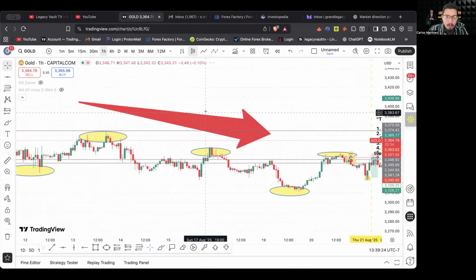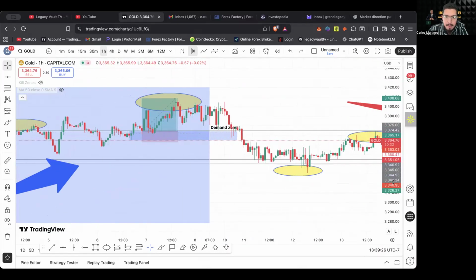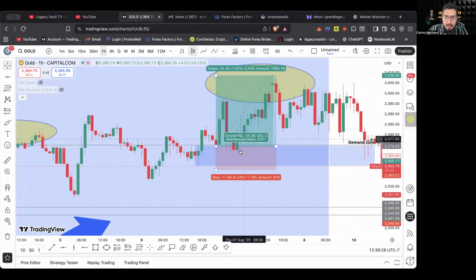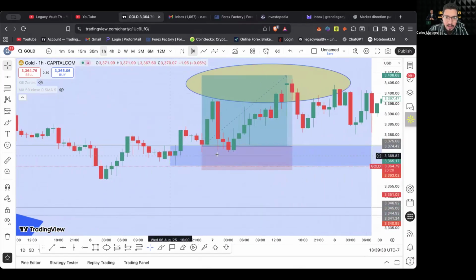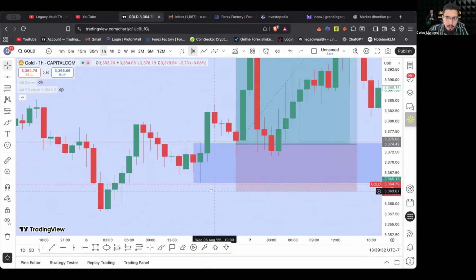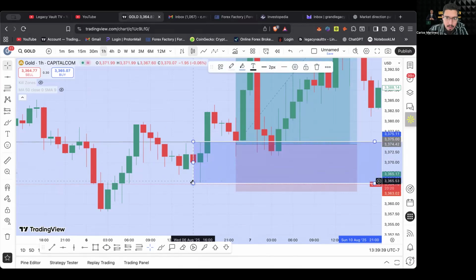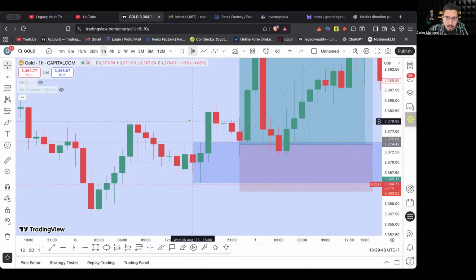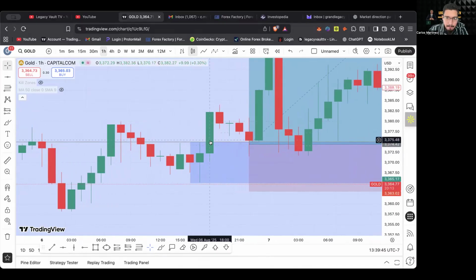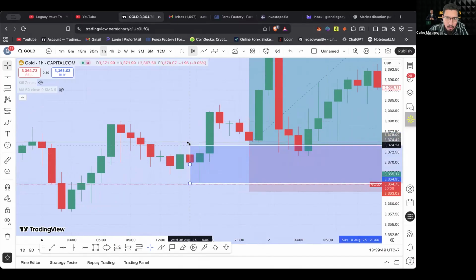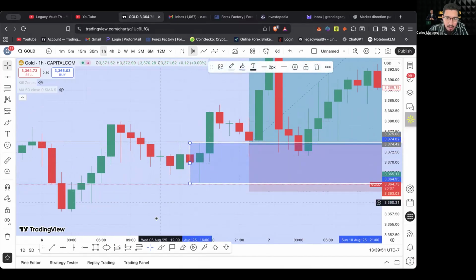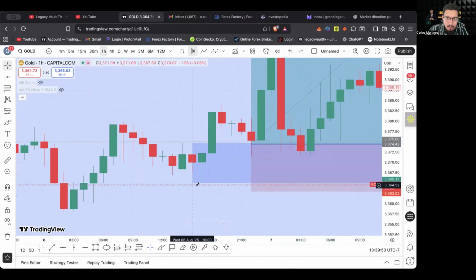Now let's look at the 1 hour. I located my demand zone here. This is my demand zone. Why? Because we have this order block here, this candle. So I took the zone from this wick to the bottom wick. And I took this order block here, drew my zone out, and also